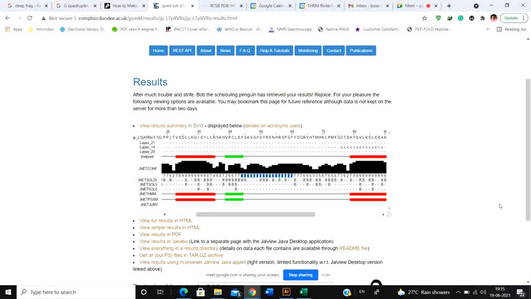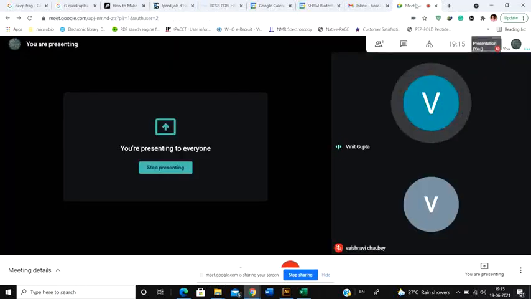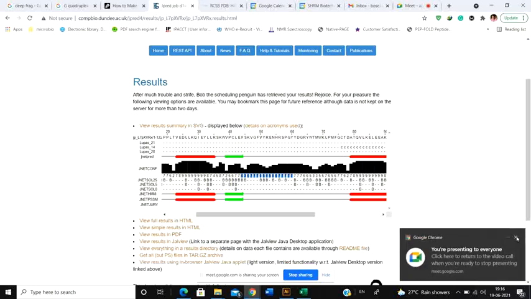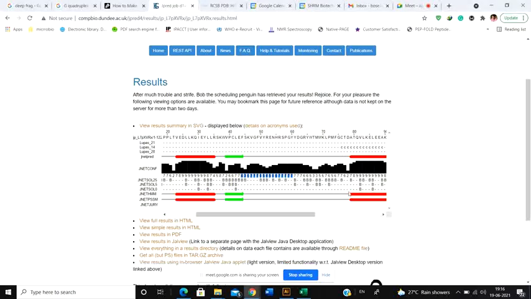But how will this knowledge help me? That's the question. Sir, if we are making a drug, it will help me see how the drug will interact with the surface of the protein, and whether it is buried or not. Excellent. Not how, but which amino acids. Yes, absolutely, because if I design a drug, I can't allow my drug to bind to amino acids which are deeply buried inside.